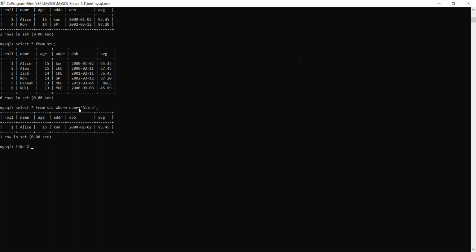First is the percentage and second is the underscore. First try to understand both of these. If we are using percentage, it means 0 to infinite characters. And if I am writing only underscore, it means only one character. It can be any character, but only one character.